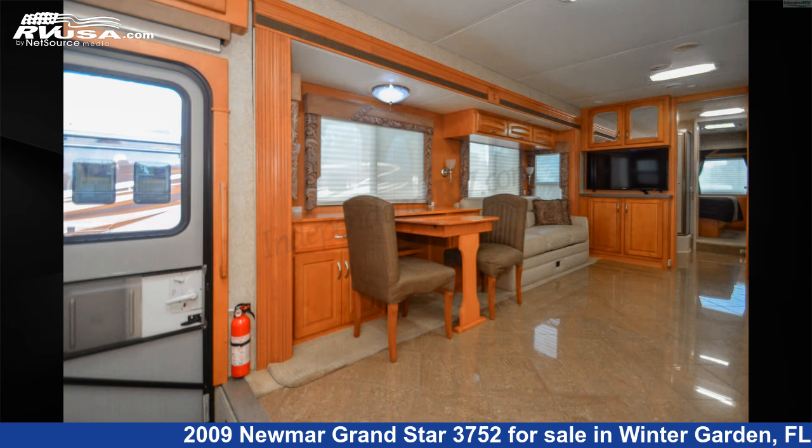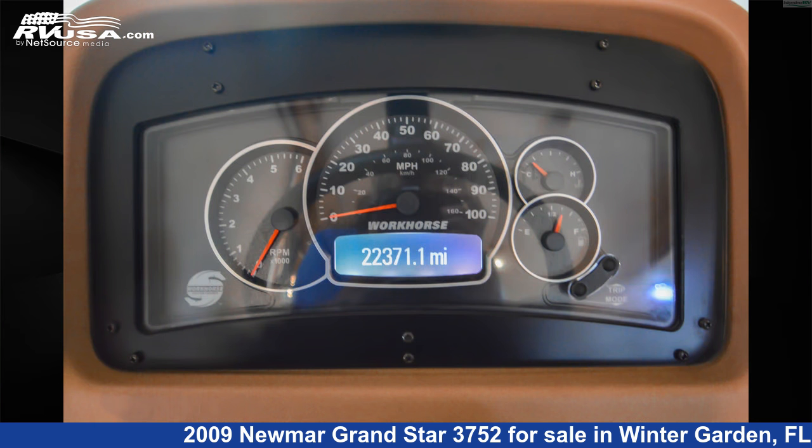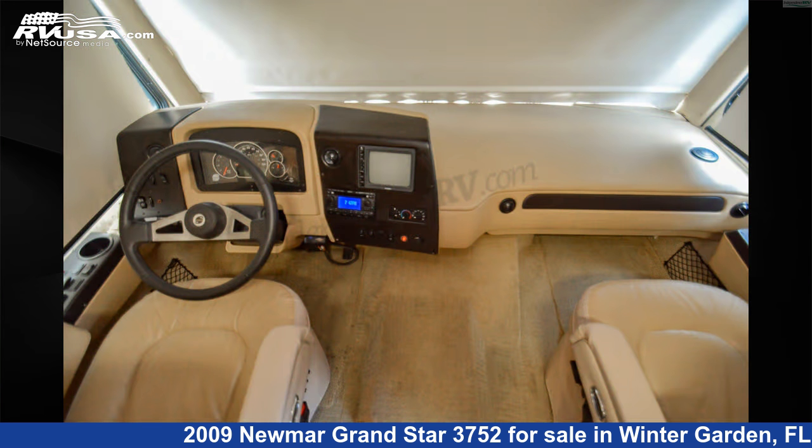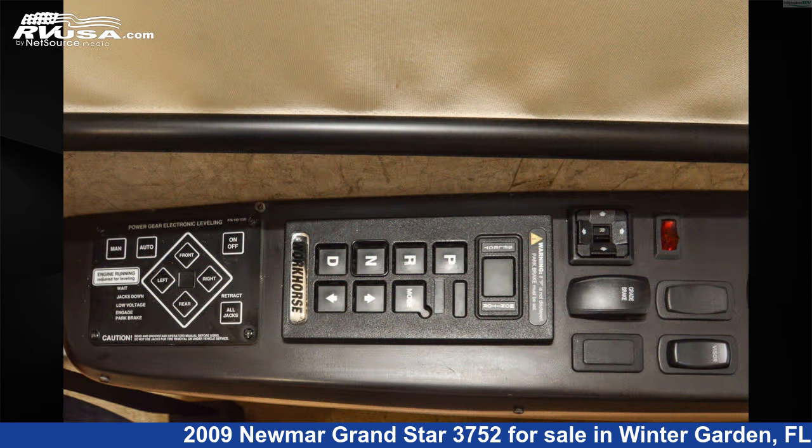cabinetry interior, sleeps 6, external shower, skylight, self-contained, TV, stove-top burner, oven, refrigerator, slide-out, leveling jacks, air conditioning, and 75 gallons fresh water capacity. The floor plan layout of this Class A features front dinette, front kitchen, rear bedroom, rear entertainment. This 2009 Newmar Grand Star 3752 is built on a Workhorse chassis and is powered by a Ford 340